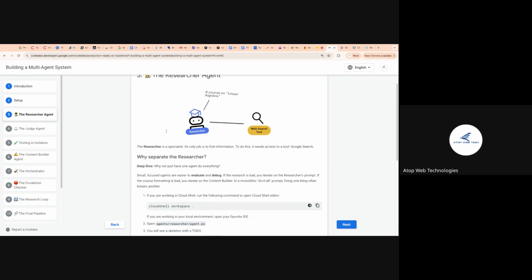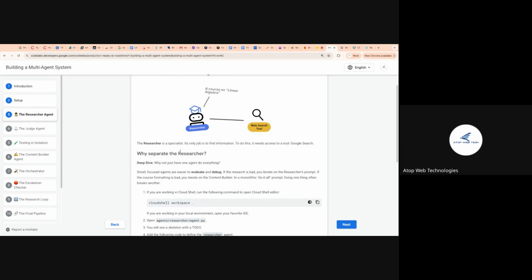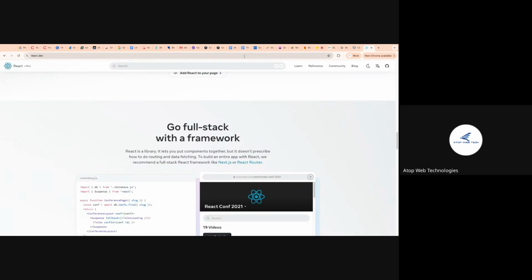So, yeah, the researcher is a specialist. Its only job is to find information. To do this, it needs access to a tool, a Google search tool. Not only that, apart from giving it a Google search tool, we can give it several tools. So if you go directly to the ADK website,